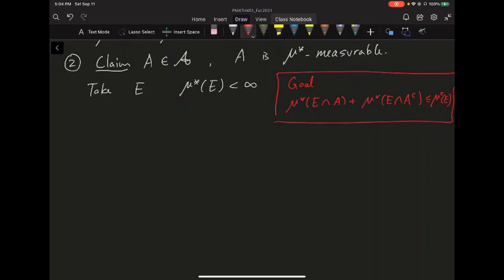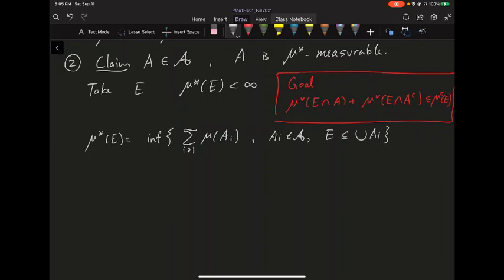All right, so how do we show this? Well, we need to first have a nice approximation of this mu star of E. Okay, so E is just some set. It doesn't have to come from your algebra. So we need to approximate using the algebra. Okay, so we know mu star of E by definition is the infimum of a bunch of stuff: the infimum of the sum of mu of Ai, where i is greater than or equal to 1, each Ai is in the algebra, and E is contained in the union of these Ai.